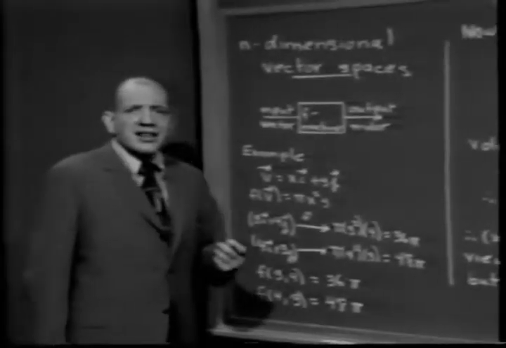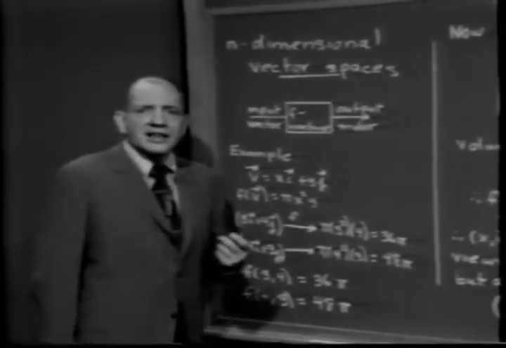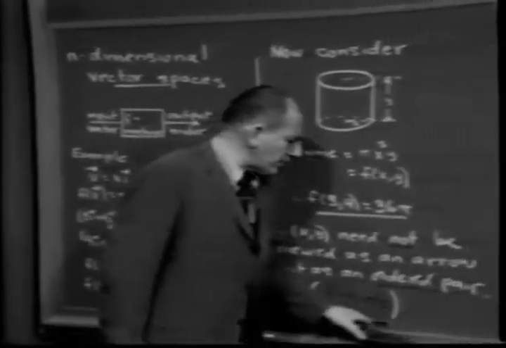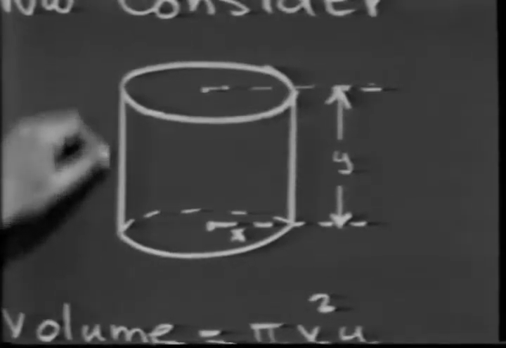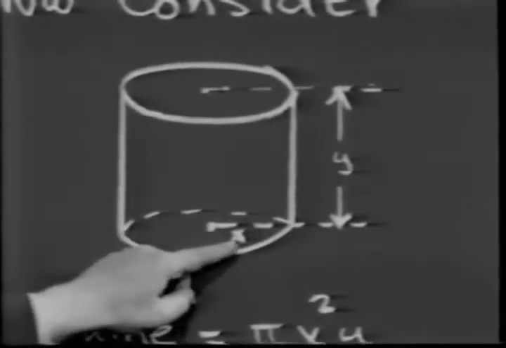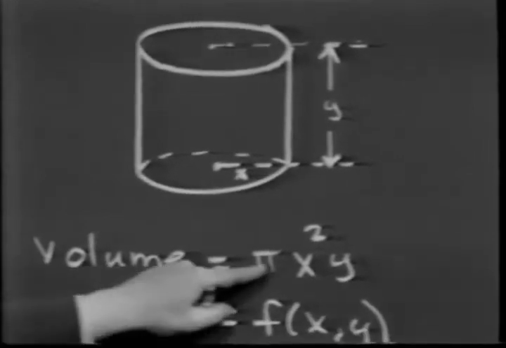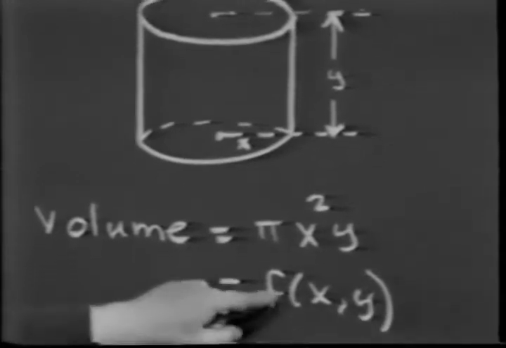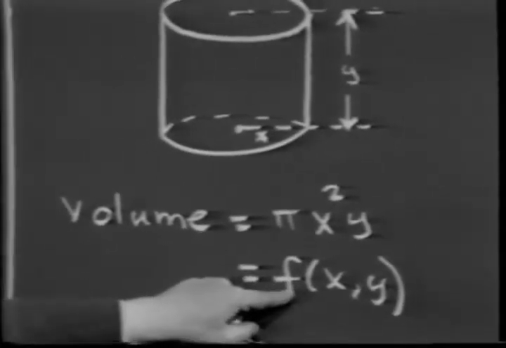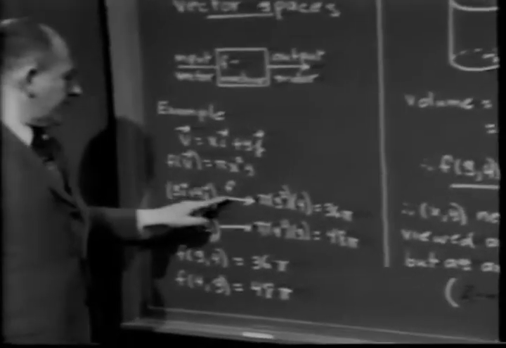Hopefully, so far so good, and let's now tackle a rather completely different problem. What I'd like to do now is the following. Let's consider the right circular cylinder, the radius of whose base is x and whose height is y. Notice that the volume of this cylinder is pi x squared y. And if I use the same f that we used previously,